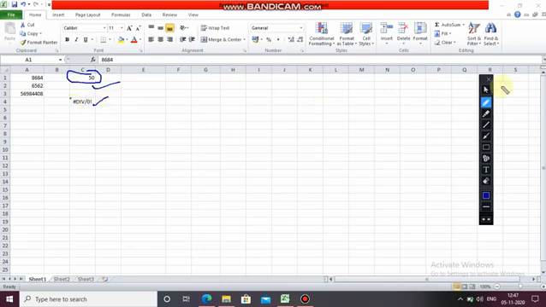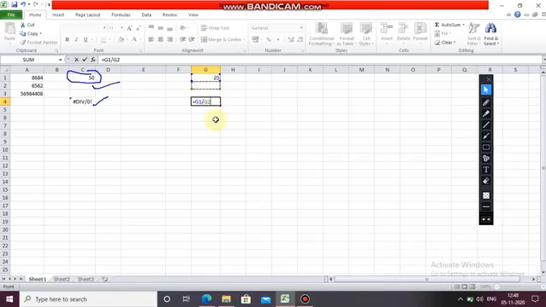Okay, see once again, any number 25, then leaving a blank space, and then you are writing here, equals to range, that is G1 divided by G2. Enter. See, again the same error is shown.